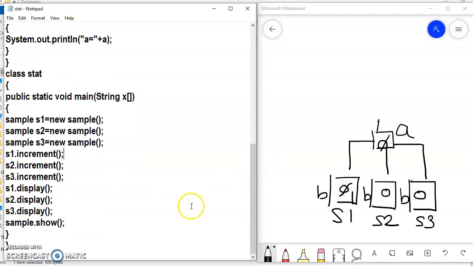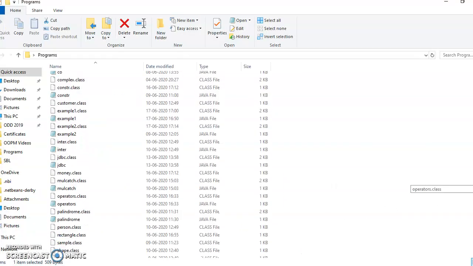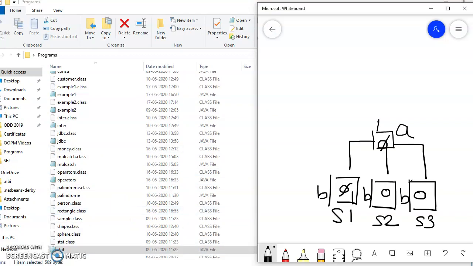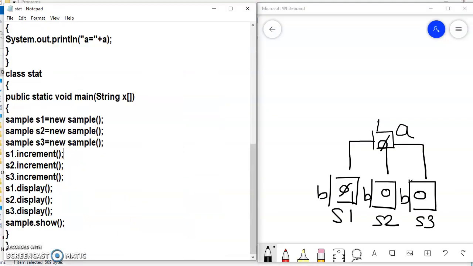When I call S2 dot increment, it performs increment on A as well as B. So A is the common, right? So A plus plus, A will become 2. B plus plus, but whose B? S2 dot increment, right?